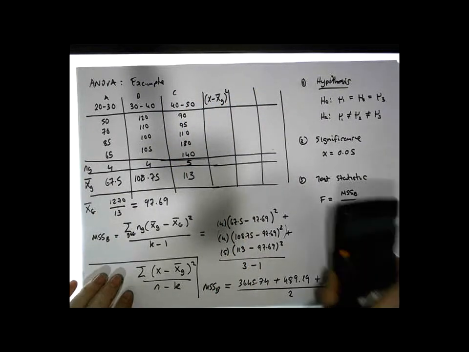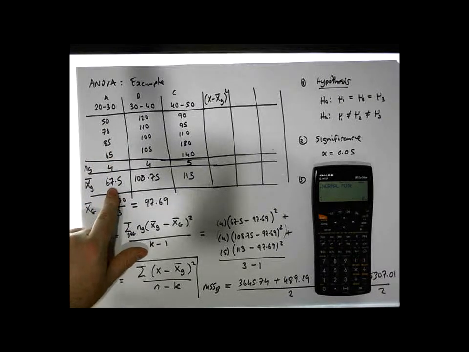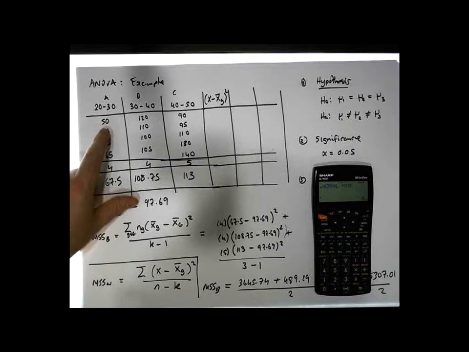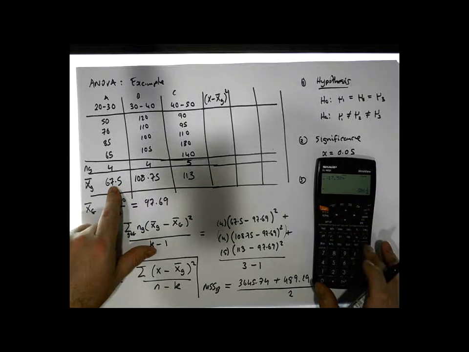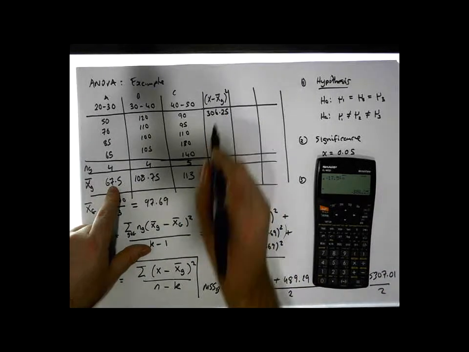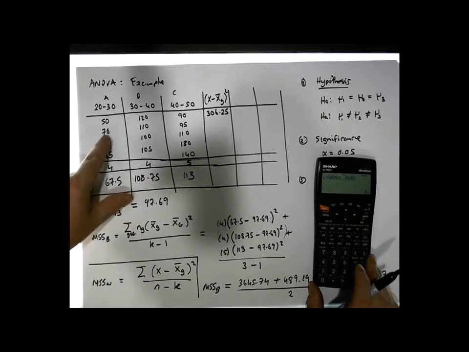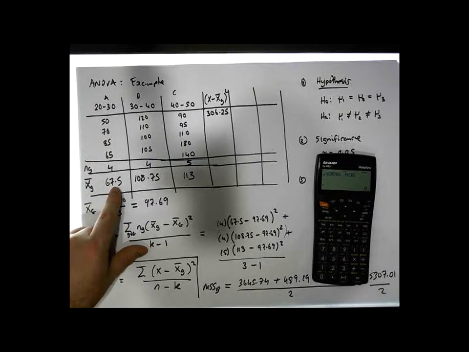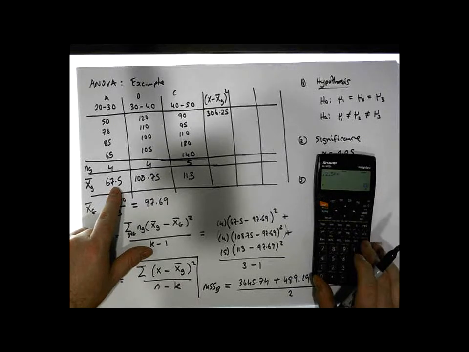So let's just do the first group. The first observation is 50, and its group mean is 67.5. So 50 minus 67.5 gives us minus 17.5, which needs to be squared, which gives a value of 306.25. It doesn't matter whether they're negative or positive, the square will always be positive. Then we have 70 minus 67.5, which gives us 2.5, which needs to be squared, which gives a value of